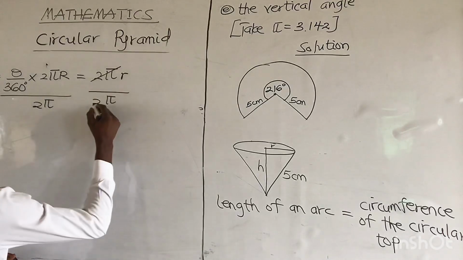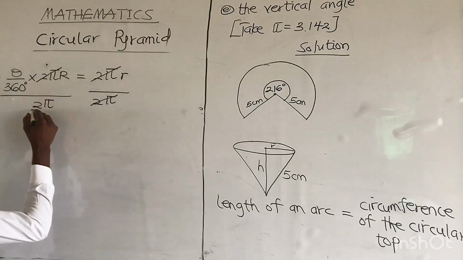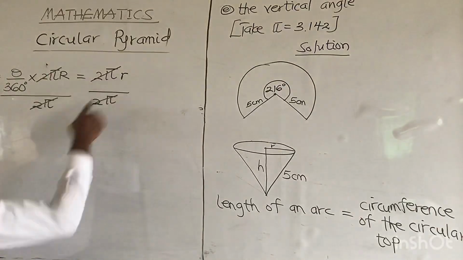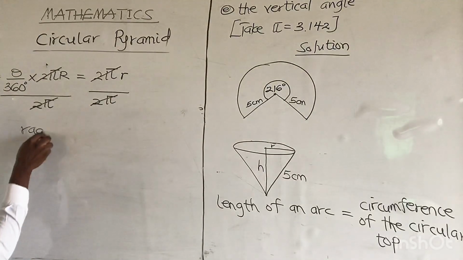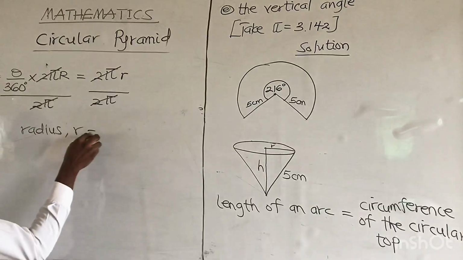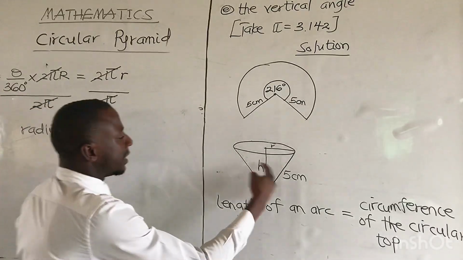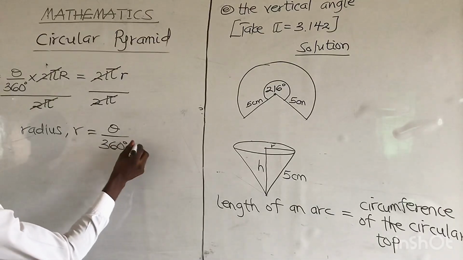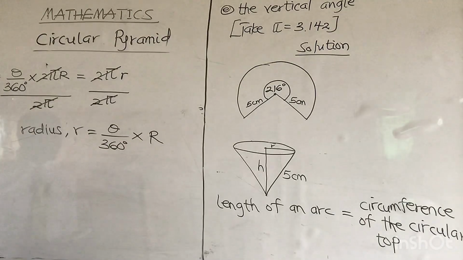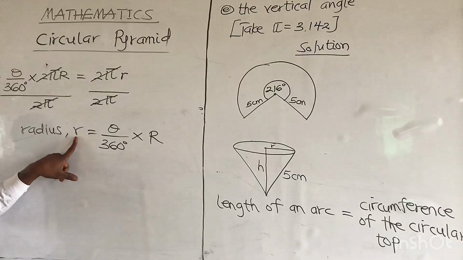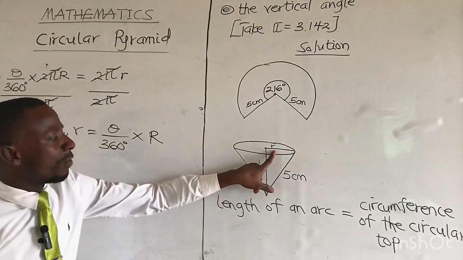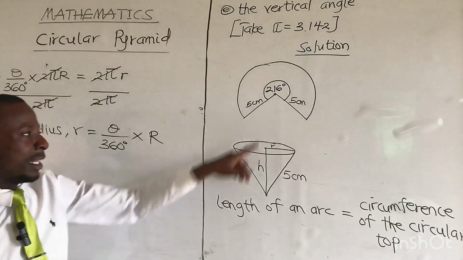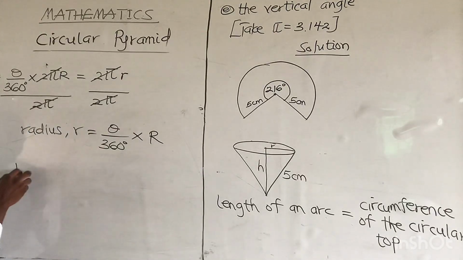So this can take off this, and this can also take off this. In that case, the small r, which is the radius of the circular base, is equal to theta over 360 degrees times the radius of the circle. So the small r here is the radius of the circular top. Then this capital R is the radius of the main circle. So now my radius r